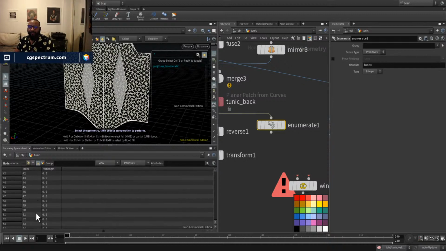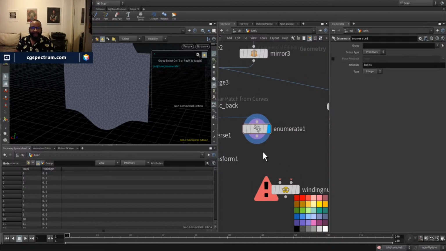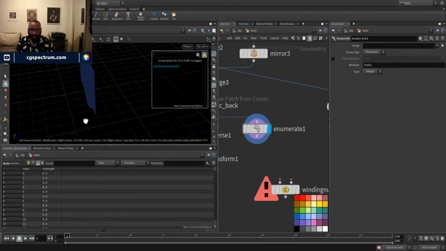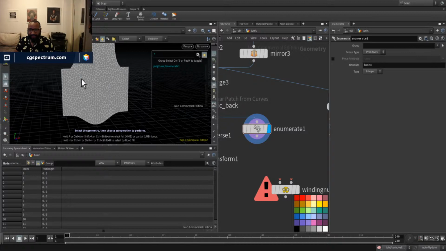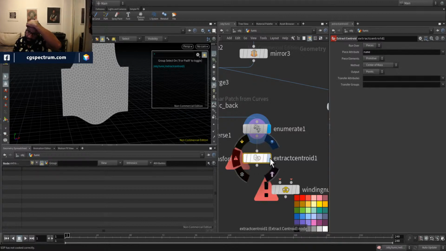It's basically taking every primitive and making this index attribute, which is just a number. Every single one of these primitives has a number. But what that allows me to do is pull out the center point of each one of these guys with an extract centroid. A centroid is just the center of something, and you can even see it in this little icon here. So if I plug that in,